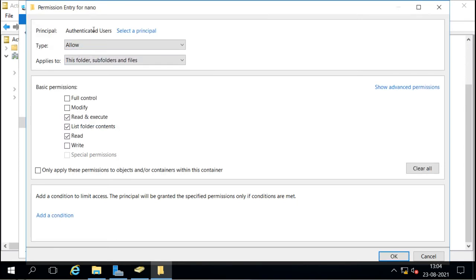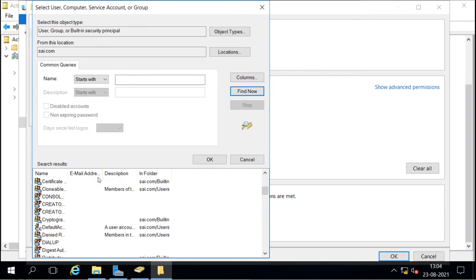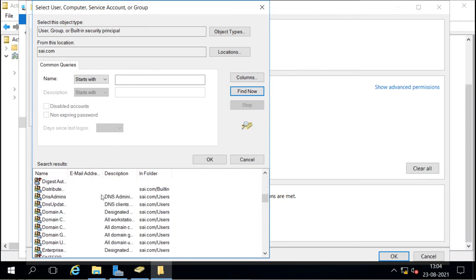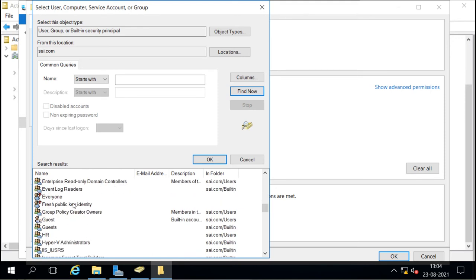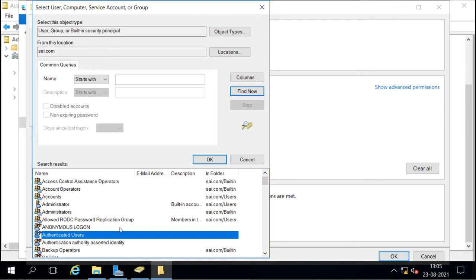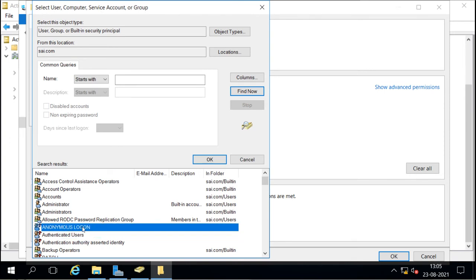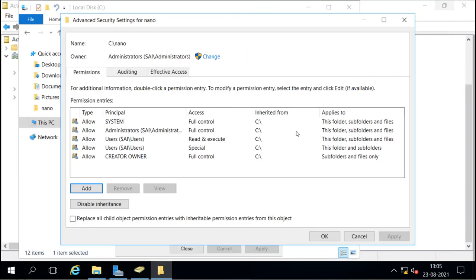It is selecting the identity, but normally it does not show. If I go to select, advanced, and I say I want to find, here I will not see these authenticated users. It is access control, account operators, accounts, administrator, and here I can see the special identities, authenticated users, and also anonymous logon. So when I try to give the permission, then I can see it in advanced permissions.